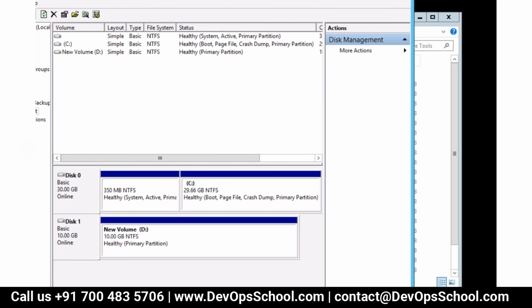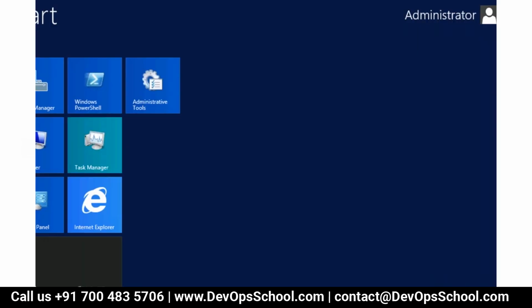Okay. Yeah, any other question? For Linux, we need not do any other activities other than just attaching the volume, right? Linux also you can do the same thing. When you create a Linux instance, you'll have to create a file system with the mkfs command, mkfs -t and ext4 or whatever type, and then mount it.